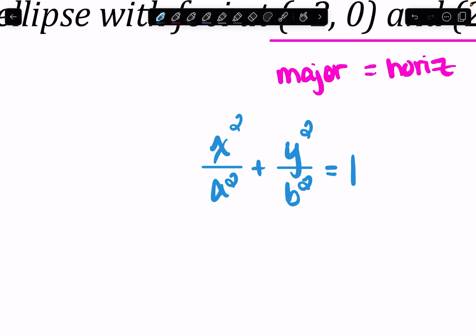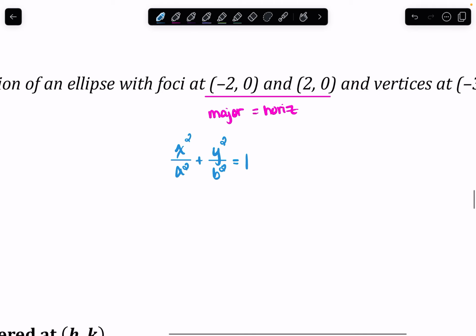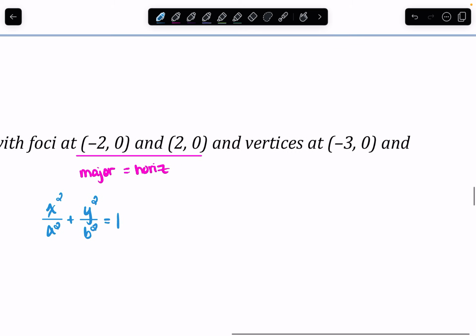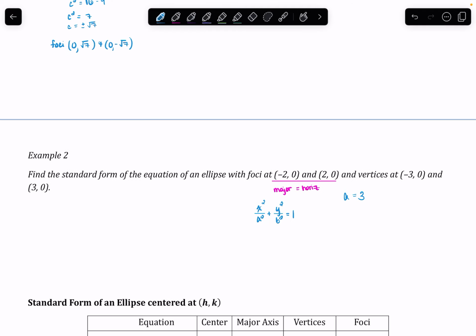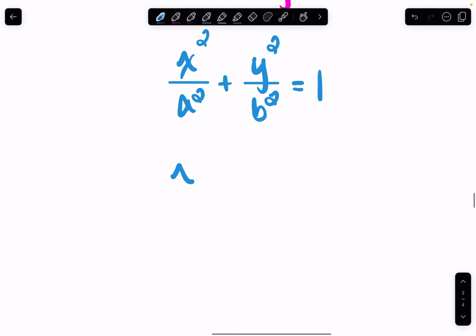All right. So if we look at our vertices, they are negative 3 and positive 3. Your vertices are equidistant from the center. So since we went 3 units left and right, that tells us that a equals 3, since those two vertices were (negative 3, 0) and (positive 3, 0). So that means a squared is 9. So I can go ahead and get that plugged in. x squared over 9 plus, I don't know what my b is yet,